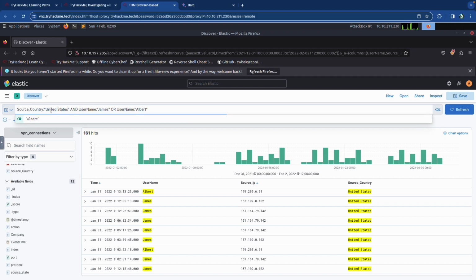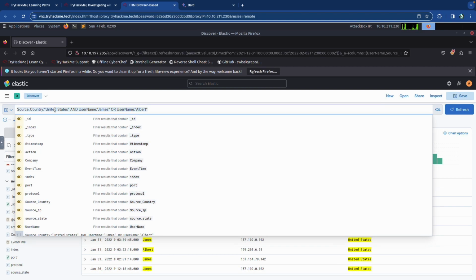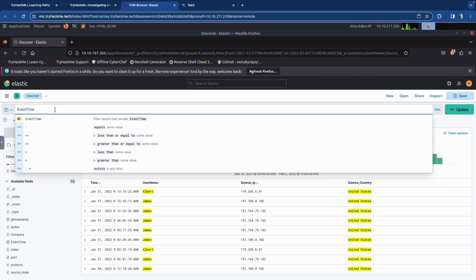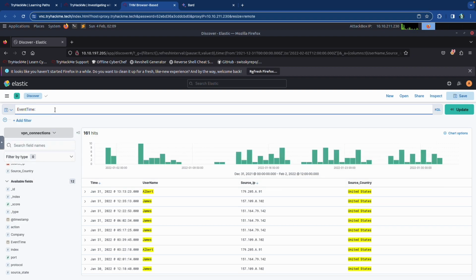We're going to do, there's an event time. So event time, and the event time is just going to be January. The format is January 1st, 2022. That's going to be the event time.